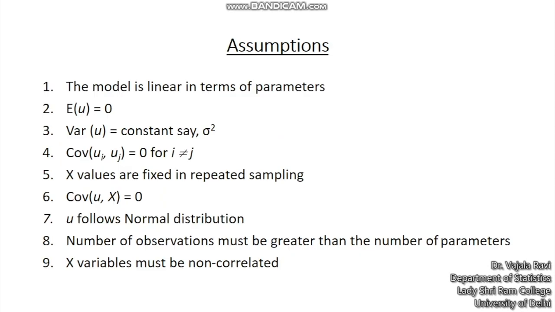The assumptions remain exactly the same as earlier. One more assumption is added, that the x variables must be uncorrelated. When I'm talking about non-correlated x variables, I'm basically looking at, as a thumb rule, the correlation lying below 0.80. That's a threshold value, and there's no hard and fast text which says that it should be less than 0.80, but as a thumb rule, many economists tend to use this as the threshold value.